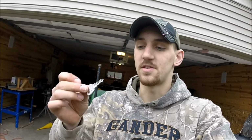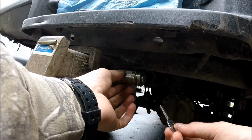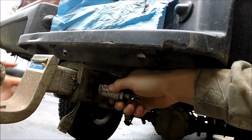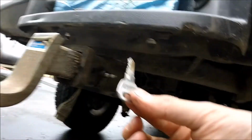So just to show you guys that this does work, I take that key that we just made fit in that lock cylinder. I come down here to where this key was originally for my trailer hitch lock. Put it in here, pops open the cylinder, unlocks it. I can then remove this. If I take this same key